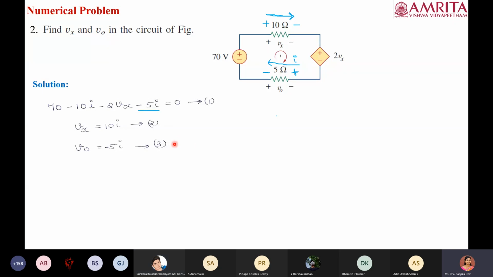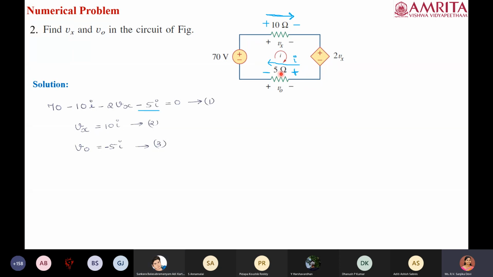See, first, I am going in a particular direction. For a resistive element, there will always be a voltage drop. That is the convention we are following. So when we are entering into a resistor, that polarity is taken as plus, and the point from where we are coming out, we take it as negative, because there is always a voltage drop. The same thing we consider for this 5 ohm also: we are entering into the 5 ohm, so that terminal is taken as positive, and we are coming out of the resistor, and that terminal is taken as negative for the 5 ohm resistor.